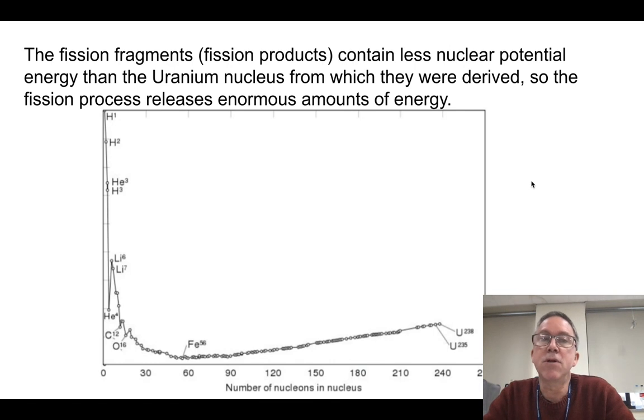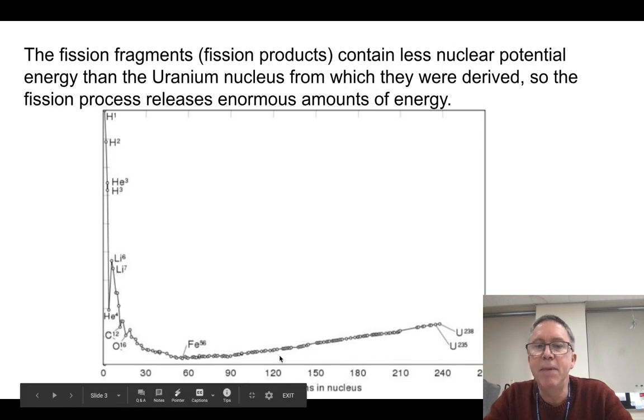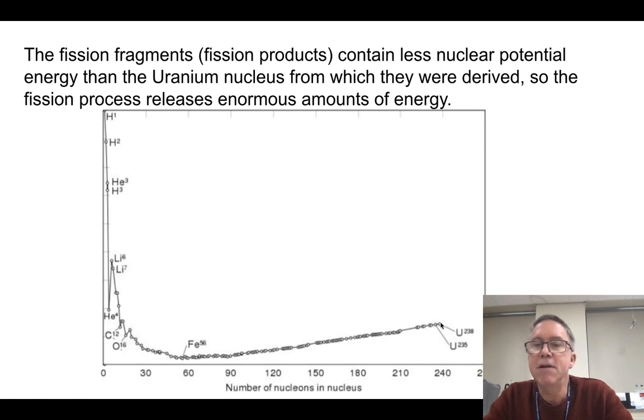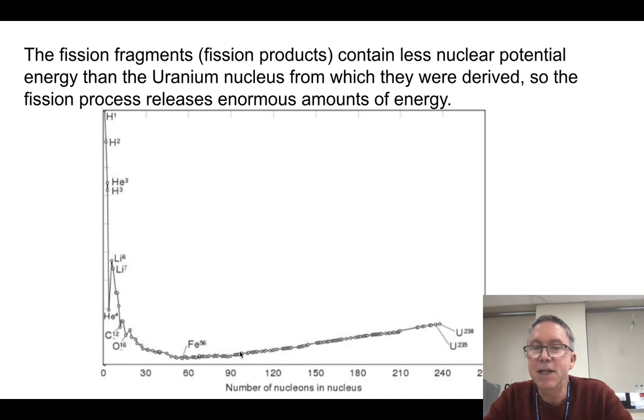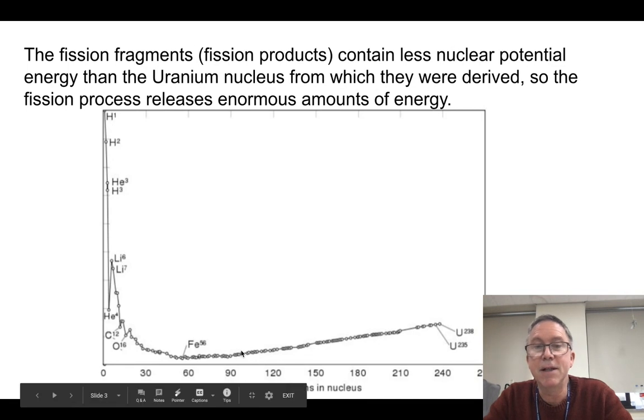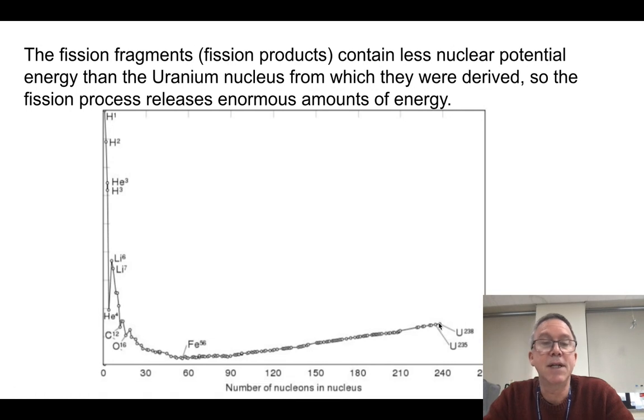Now, these fission fragments are products. The idea is they have less nuclear potential energy, and so this is a curve that, don't worry, you don't have to know this curve, but it is worth looking at. This is what we call the curve of binding energy. So here's uranium out here, right? This axis here is energy, and this is how many nucleons are in the nucleus. So what happens if I split a uranium-238? Each of the pieces ends up down here. So every single proton and neutron now has significantly less energy in it here than it had when it was up here. So that energy gets converted to heat, and you can use that to do good things like run a city, or bad things like blow up a city.